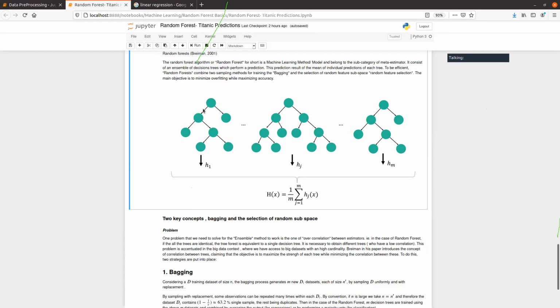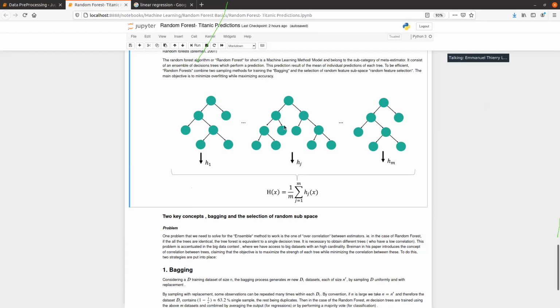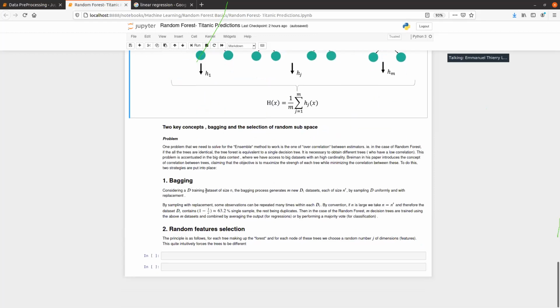But at the same time, the correlation between trees should be really low, meaning that a tree compared to another should not be correlated, and therefore those trees should not resemble each other.